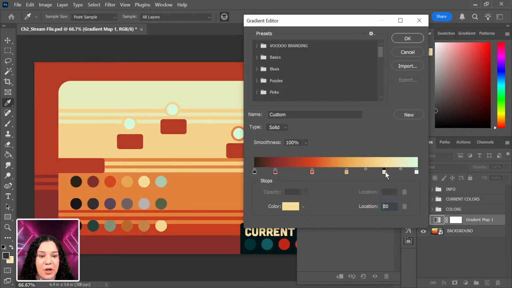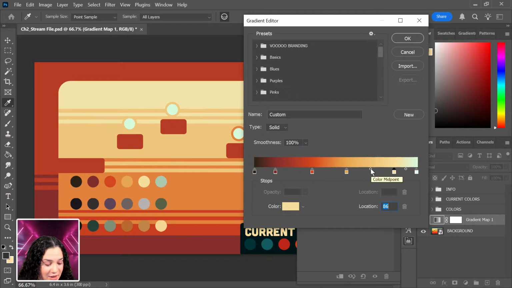I like this pretty well. I might bring this cream color closer to our bright greenish blue, because when I do that, it leaves the top of the background here really bright, and then only our little items that are on these platforms are kind of that bright color, which I like. Another thing though is you'll see these little diamond